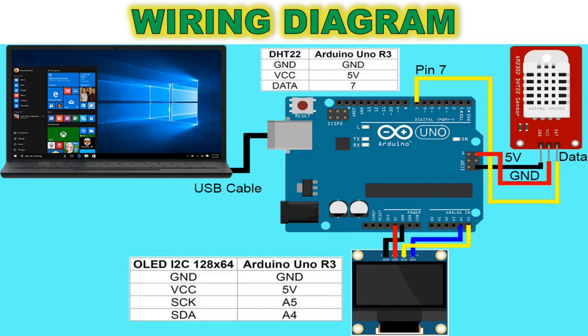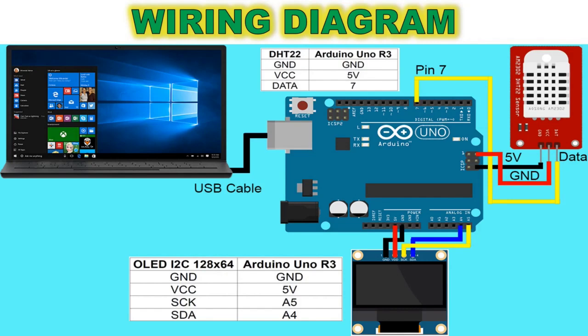Next, to connect the DHT22 module to the Arduino Uno R3, the ground pin of the DHT22 will be connected to this ground pin of the Arduino Uno. The VCC pin of the DHT22 will be connected to the 5 volts pin of the Arduino Uno. And then finally, the data pin of the DHT22 module will be connected to the digital pin number 7 of the Arduino Uno